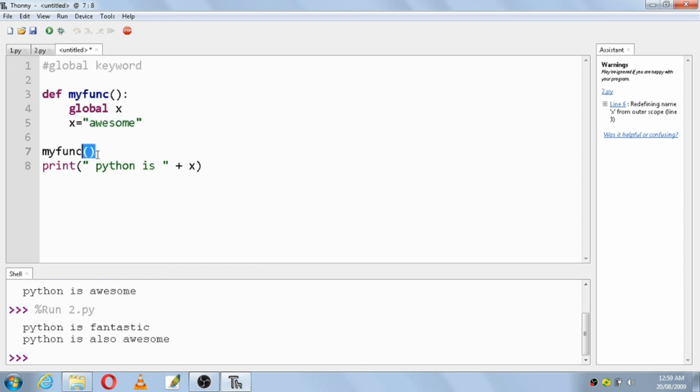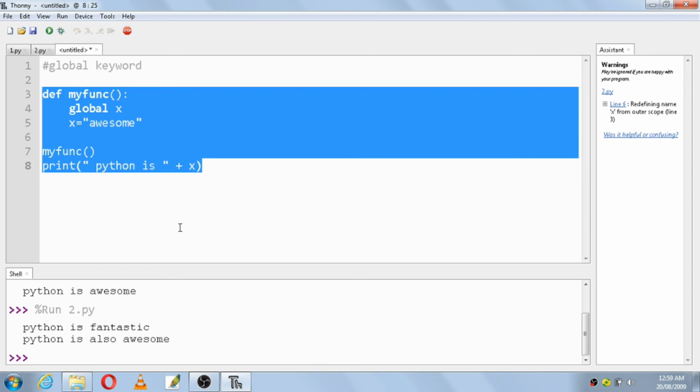So when you call the function my function, its task is to print this statement. So print Python is, then the x value will be seen by the print function although x is inside a function. Why so? Because you have declared x as global. So as x is declared as global, it is seen by the entire program.